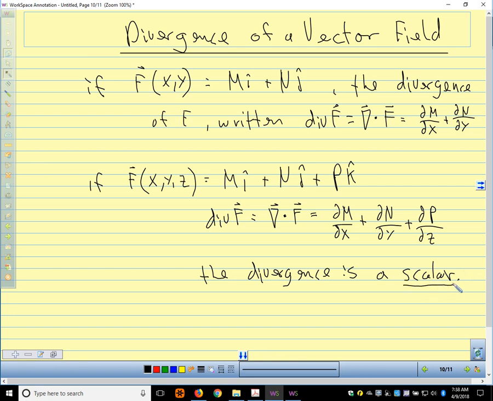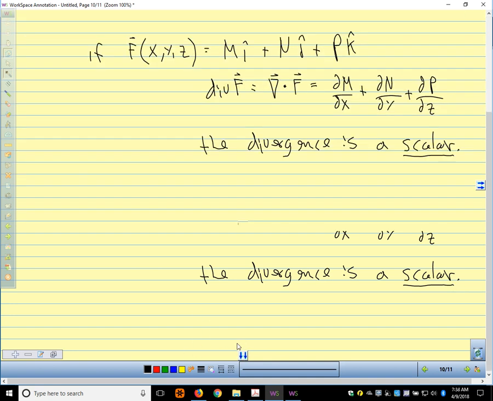So this is similar to finding the gradient. We find the gradient of a scalar field. We find the divergence of a vector field. For the gradient, our del operator operates on a scalar. For the divergence, our del operator is dotted with a vector. So that's the difference. So the divergence is a scalar,